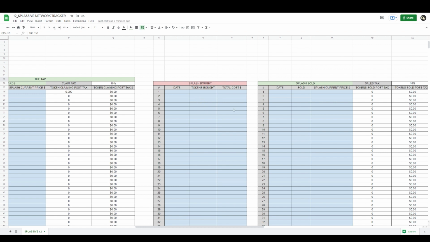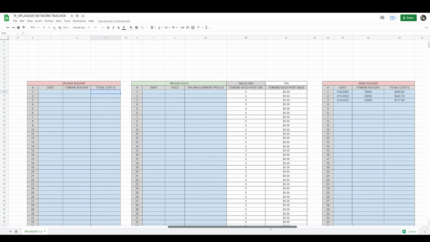You put those tokens here. You put the date when you bought it, the amount of tokens you bought, and the total cost for those tokens. And here you'll put the date when you sell that position, the amount of tokens you sold. You put the Splash current price, and then it will calculate the 10% tax that you pay when you sell. There is a 10% tax when you sell